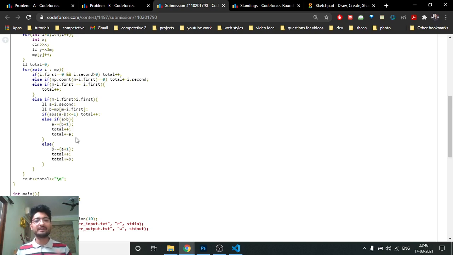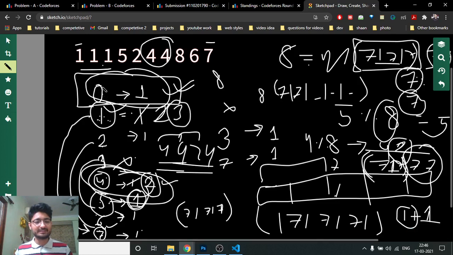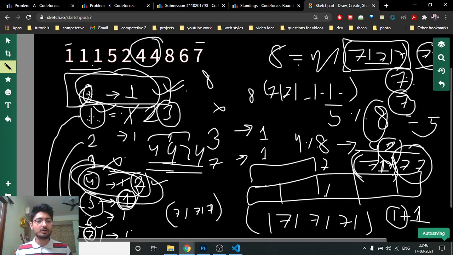It's just the same: you have to find out if a is greater. We are just using this case, which means that we have found this and this. These are the modulus pairs. So for both of these modulus pairs, which frequency is greater? Whatever frequency is greater, we put that in the first place, and the smaller frequency in the second place, and so on.